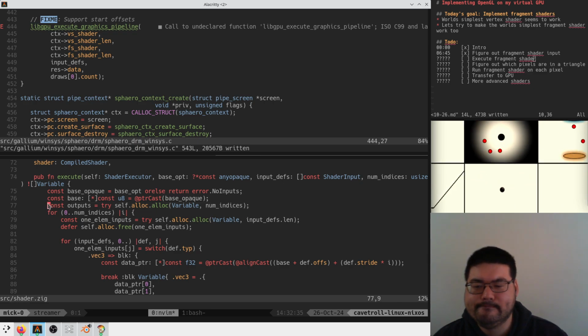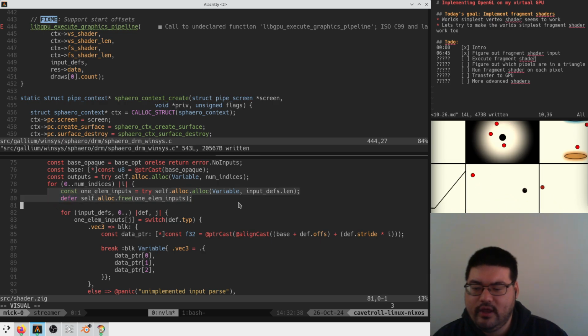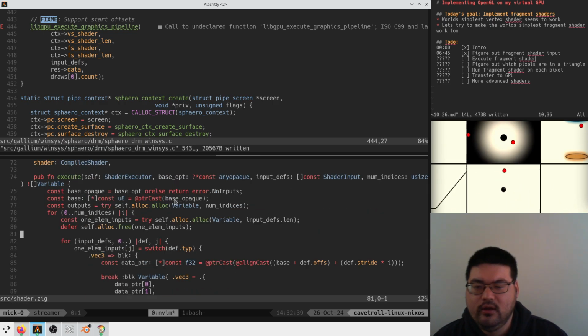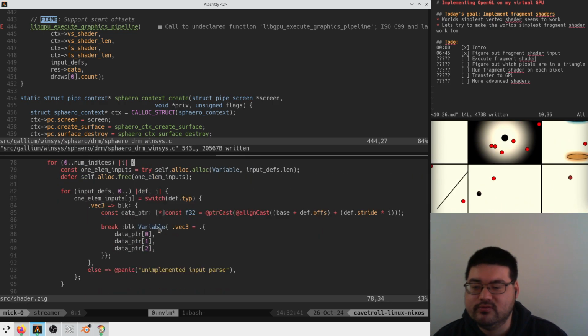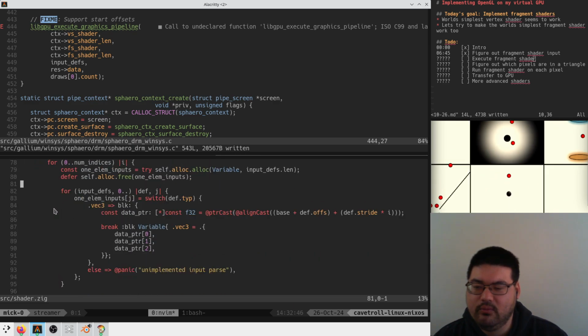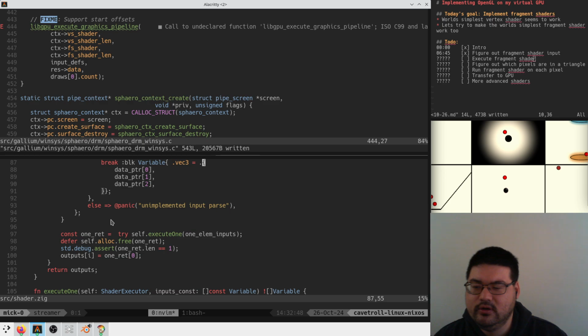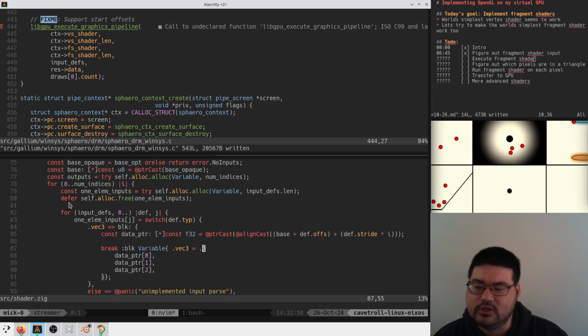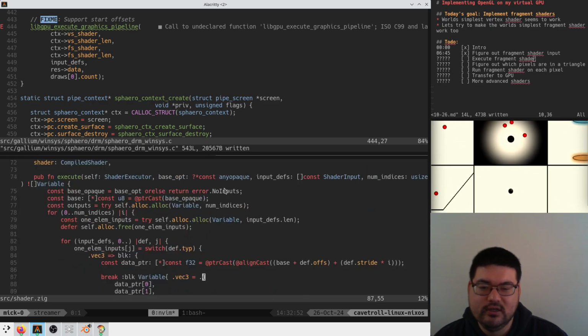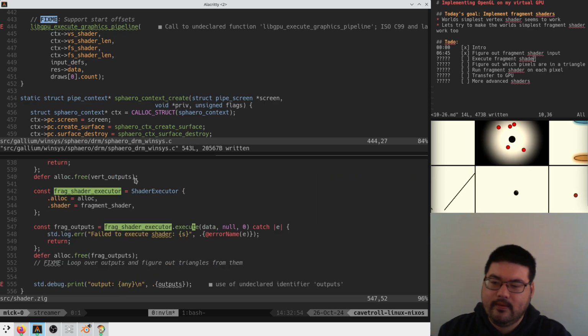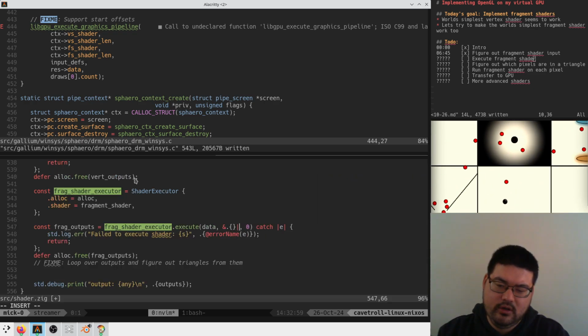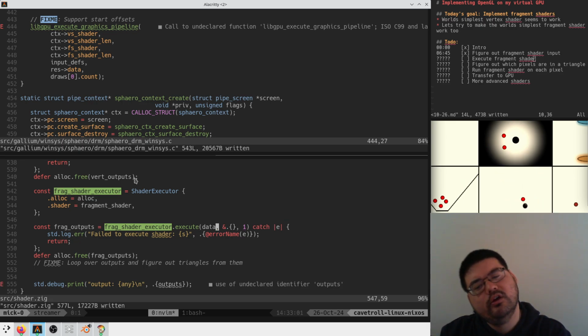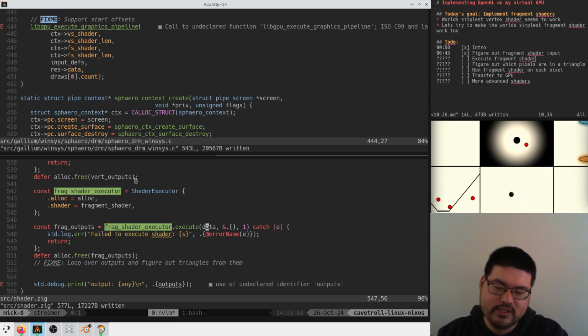Then we say, hey, we have this definition for inputs for this thing. Let me run this once for this, and we will add these inputs. So this should just end, if we make input defs this, and we try to run it once. We have no inputs, and we try to run this thing once. We should get one output here,